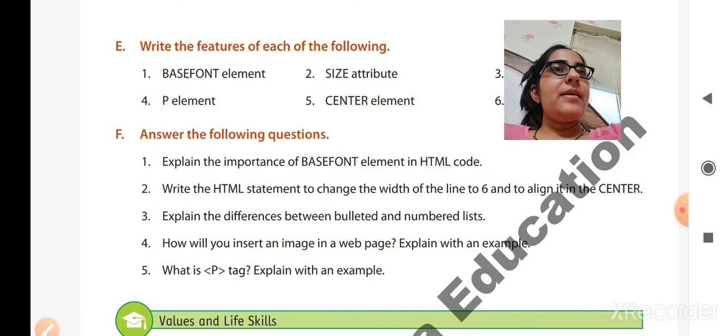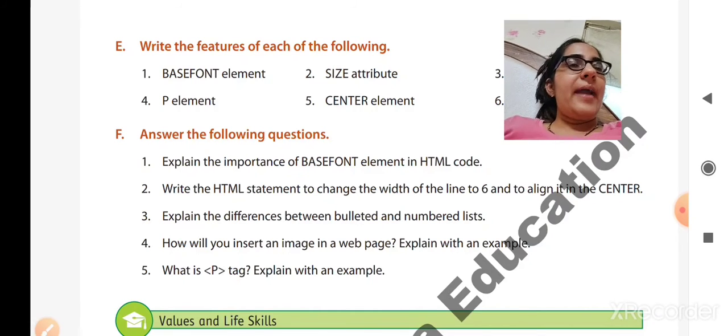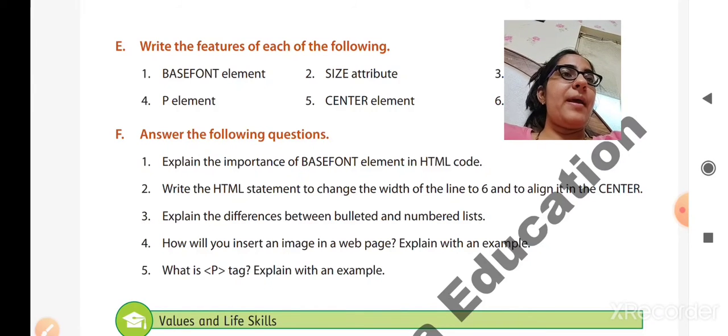Now the example starts with the HTML. Then with head, in the title you have to write what you are writing the paragraph about. For example, if you are writing a paragraph about our earth, then for the title you have to give Our Earth and close the head tag. Then in the body tag, write the paragraph. It means create the p tag. In that, write the entire paragraph.